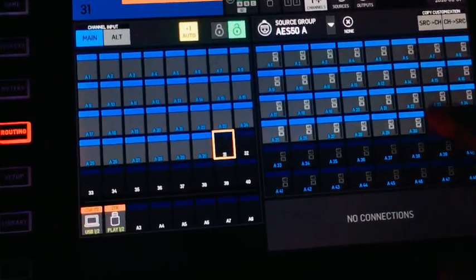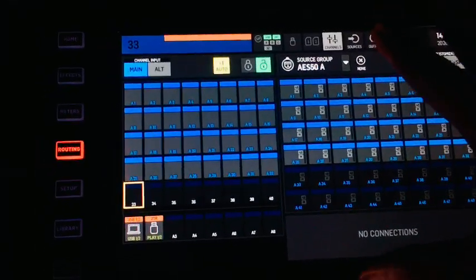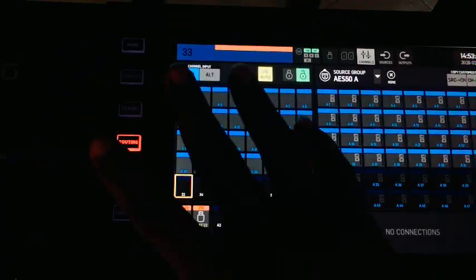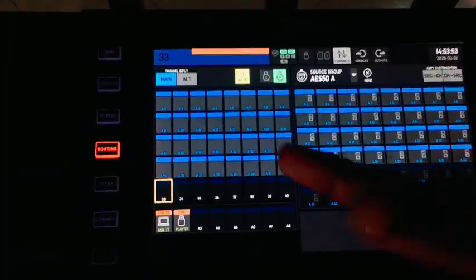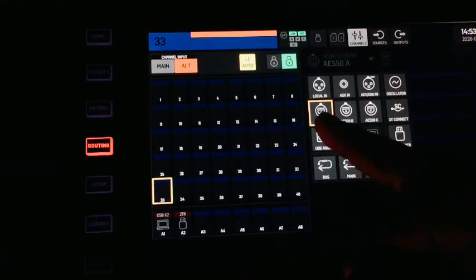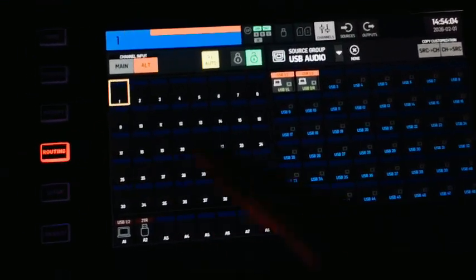All the way to channel 32. So I successfully patched the first 32 channels on my ASA to the first 32 channels on the board. So if I want to do a virtual sound check and I need my alternate input to come from USB returns, I can tell my alternate input to come from USB returns that's coming over here, and clicking number 1,